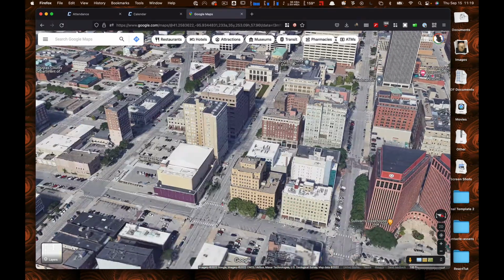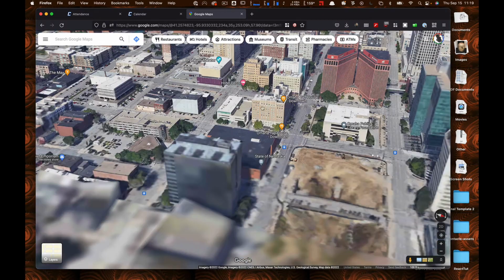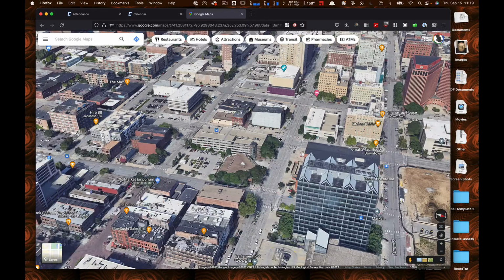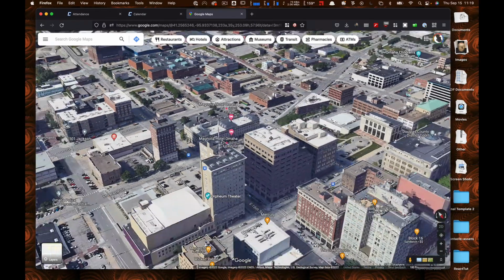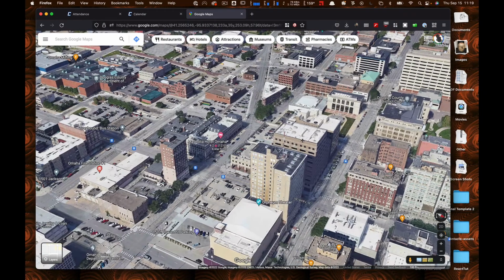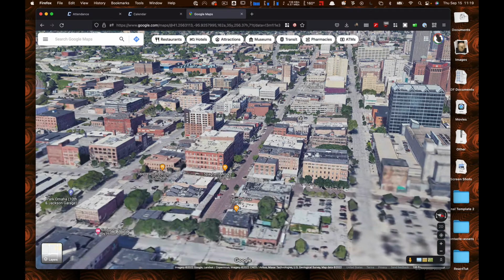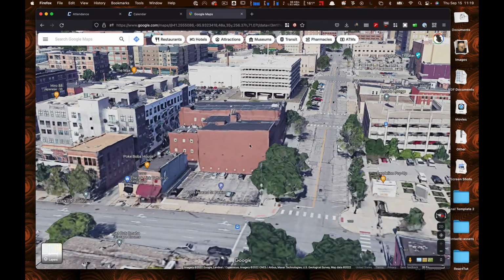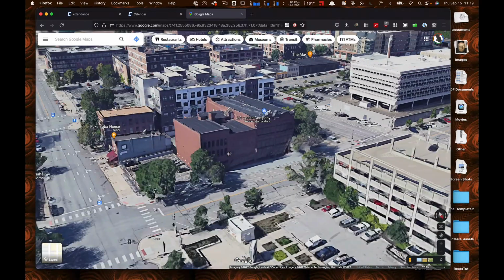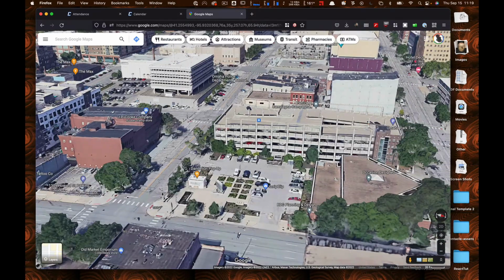I'm trying to remember which. There's the Orpheum. There's the Paxton. Tear it down? Shoot. It's not this one. This is too small. Yeah, it might be that actually. This might be what I'm thinking of. I thought it was a bigger building.